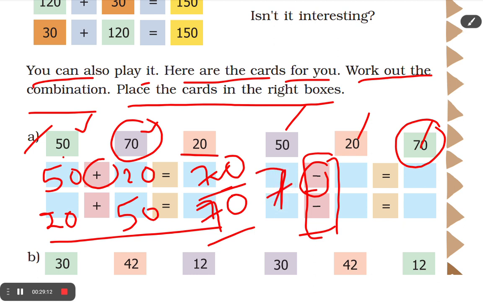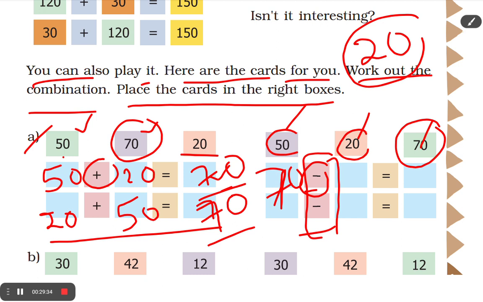Can you tell me why like that? Because we can take out a number. So from 70 we can take out 50 or we can take out 20. But suppose you have a small number, 20. From 20, can you take out 50? Suppose you have 20 chocolates with you. From these 20 chocolates, are you able to give 50 chocolates to others? No. That's why while doing subtraction, you always have to write the biggest number on the leftmost place.